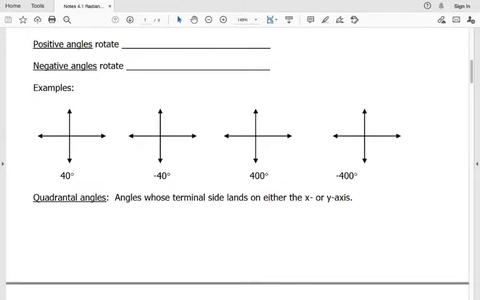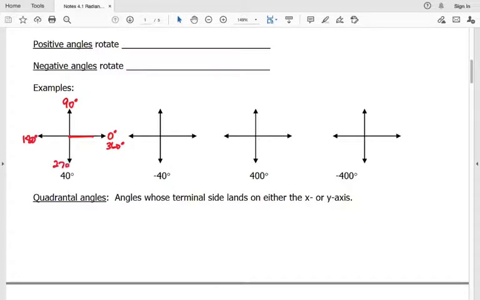Okay, so let's graph a few angles. So again, when we graph an angle, we have our vertex right here at the origin. Our initial side will always be on the positive x-axis. We think of that as 0 degrees. When we do a full circle around, that's going to be 360 degrees. If I remember, a circle has 360 degrees in it. So a fourth of that would be 90 degrees, half of that would be 180 degrees, 3/4 of that would